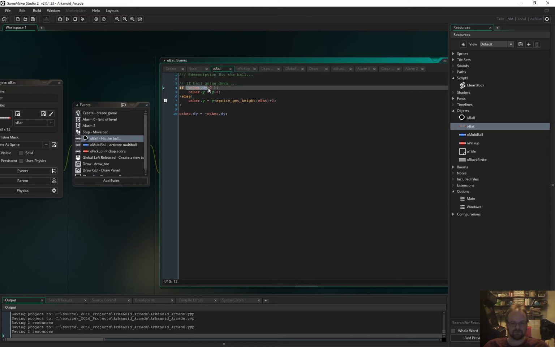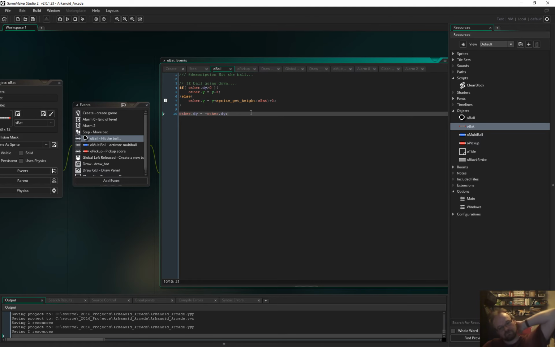So if the ball's falling down, then you need to make sure it's on top of the bat. If the ball's falling down, then the ball will collide with the top of the bat, it's not going to collide with the bottom. If it's going up, which is negative obviously, then you want to put the ball at the bottom of the bat, which is the height, plus half the height of the ball, from the centre, which is 3 in this case, and that aligns it with the bottom